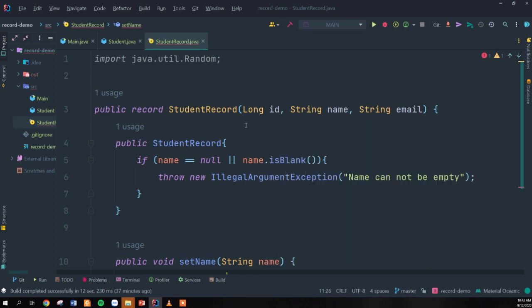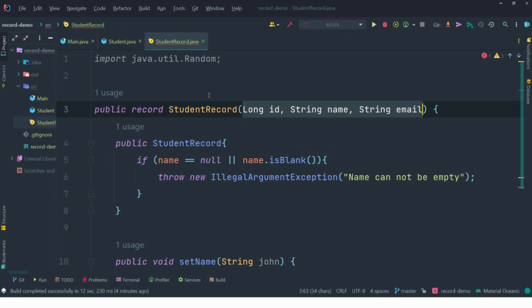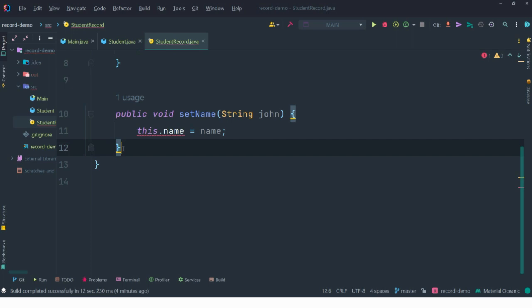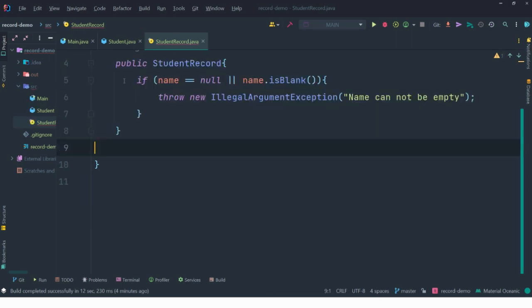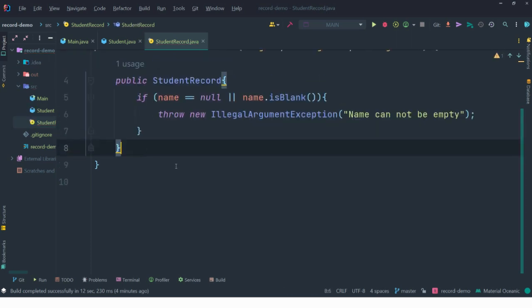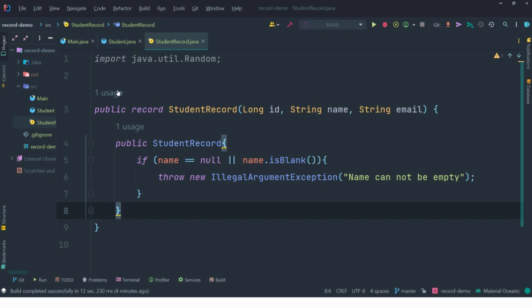So the moment a record object is created, it cannot be changed. The values cannot be changed, so it's final, right? That is why I said that the sole purpose of a record is to carry data that are immutable in our application. So that is the purpose of a record. Now let me just remove this, and before we round up this video, let's quickly take a look at